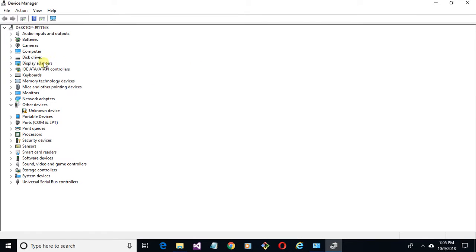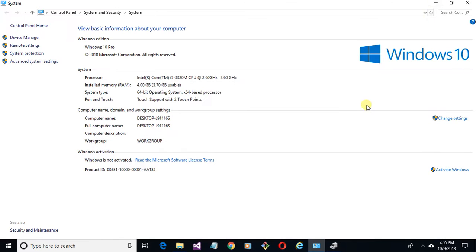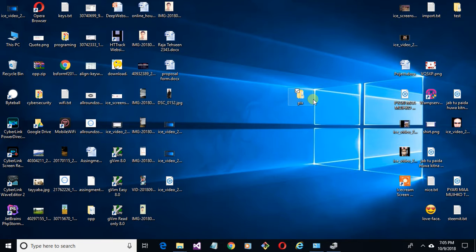Now in this you need to select the display types. Now here you can see, in my system I am using Intel R HD Graphics 400. So from here you can check which graphic card you are using in your system or laptop or any other device. So the other way you can check the memory of your graphic card is go to